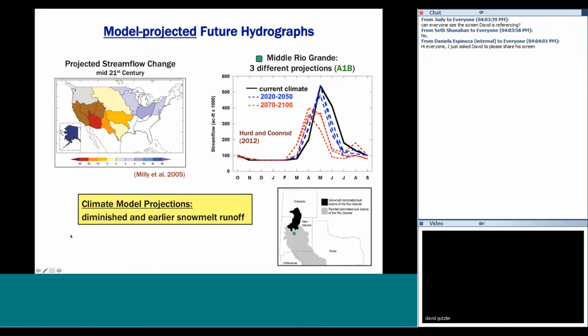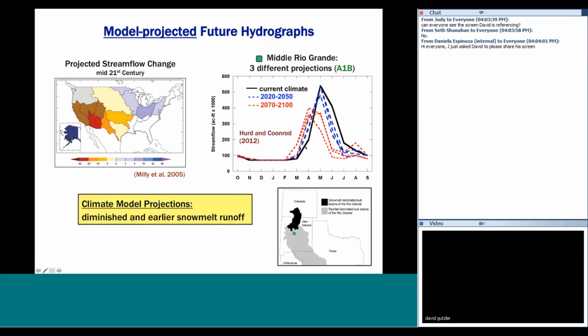Okay, to motivate this, I just wanted to show you very quickly what climate models are forecasting for this region, which is part of the reason we're so interested in what's going on up in the headwaters. And that's simply that all climate models project rapid temperature increase over the course of the 21st century. And a consequence of that is that a whole family of different kinds of streamflow models, surface hydrology models, have projected that streamflow in the upper Rio Grande